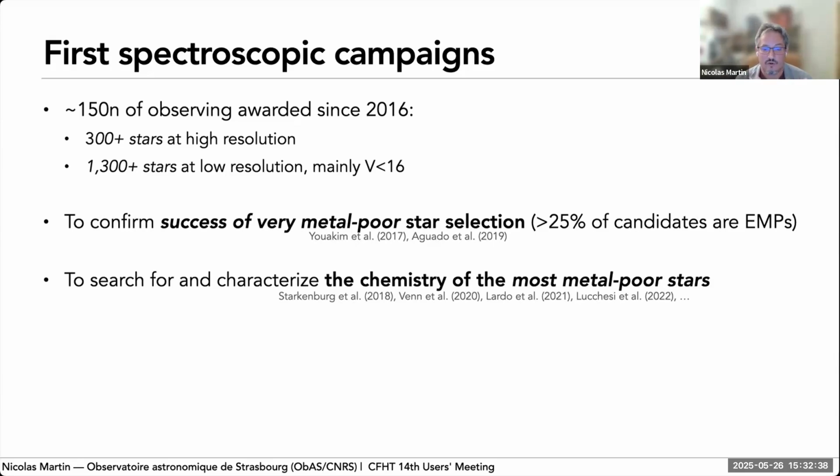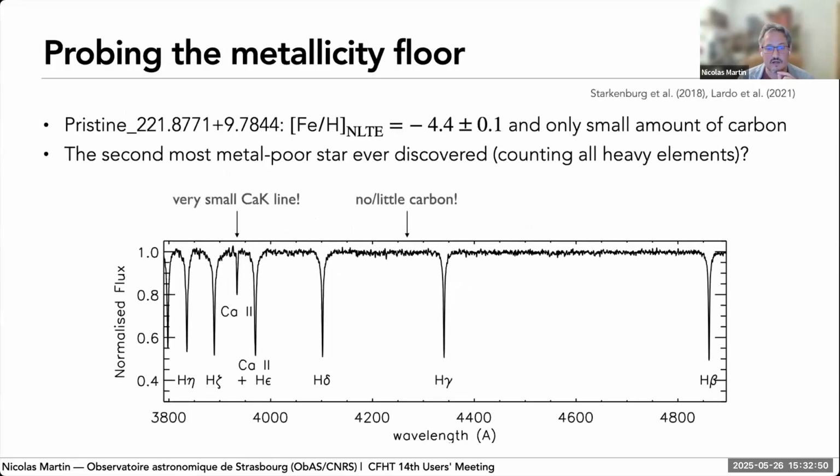Milky Way foreground. We've been following up also with spectroscopy at high resolution to get the chemistry of some of the most metal-poor stars. I don't have time to get into the details. There's quite a few papers on that. But I wanted to show you the example of one particular star. This star, which is the lowest metallicity star that we found so far with an Fe/H of